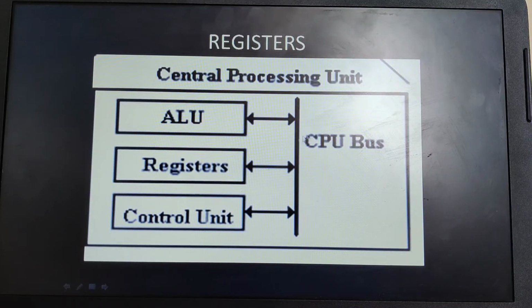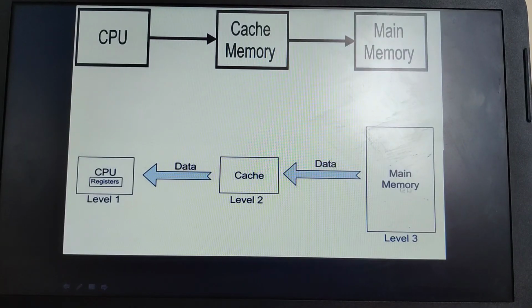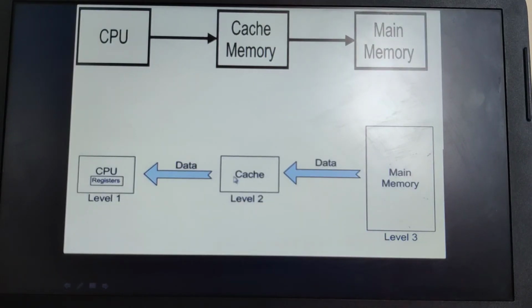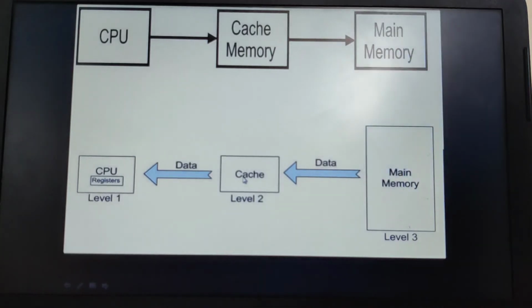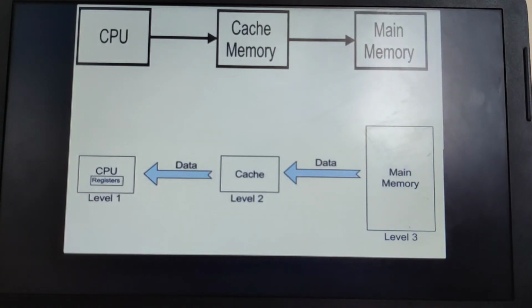Usually, whatever data is transferred from the main memory or through the cache first reaches the register. Registers work internally within the CPU. Hence we also call registers the working memory of the CPU. These registers are available only within the CPU. Nowhere can you see registers outside the CPU. Therefore they are considered the working memory of the CPU.